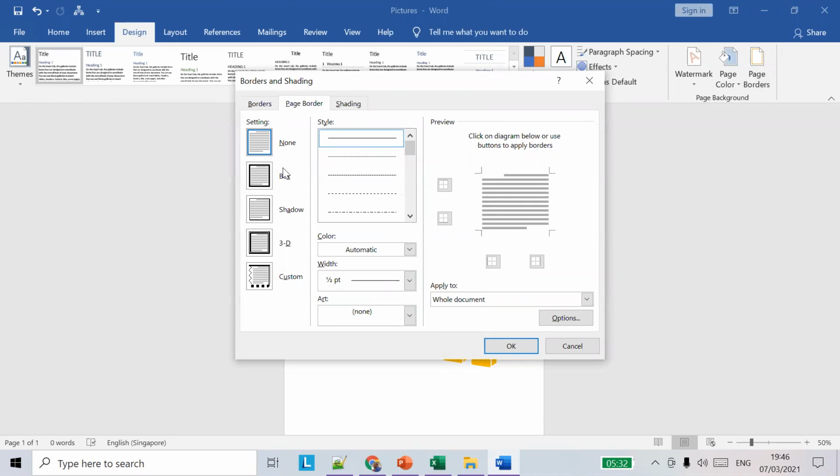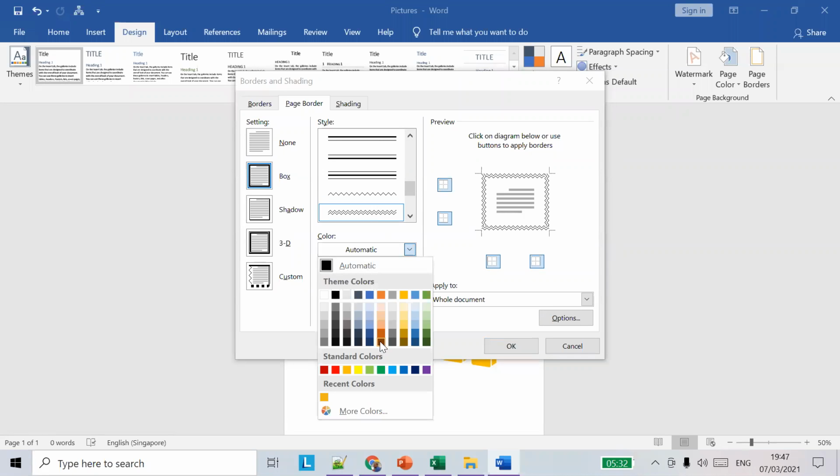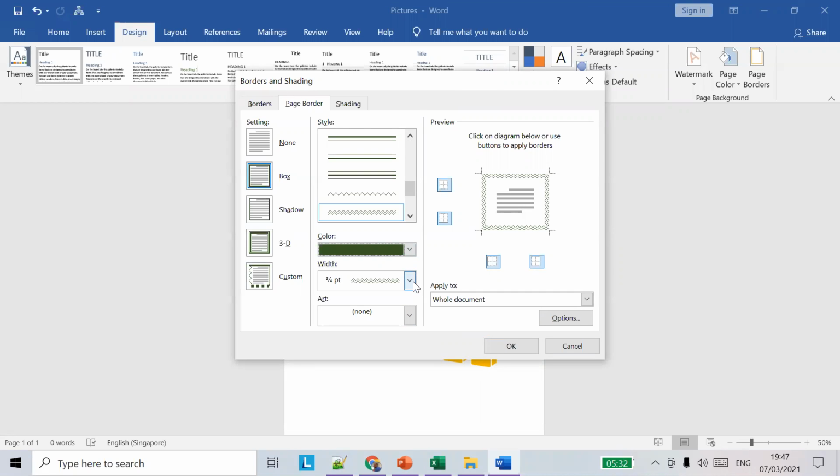You can add borders to the page using lines, which could be a 3D line or a dotted line. Let's say I want a squiggly line, so we'll add this line. I can also choose the color of the line, so I'll add a dark green color, and also the width of the line.